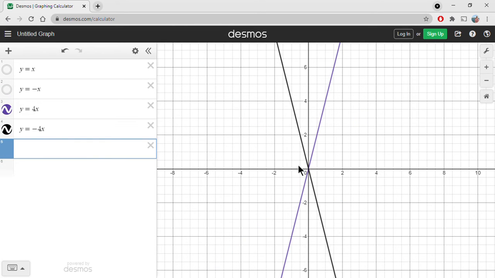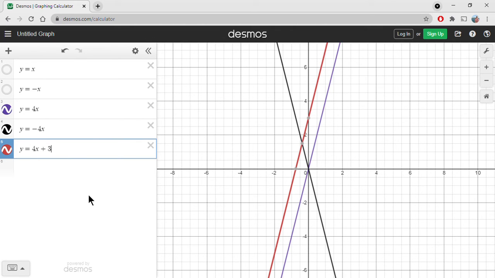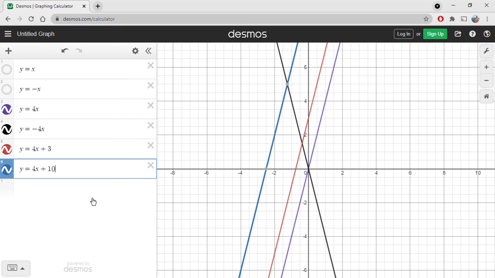Let's say we wanted to take this black line and raise it up a bit. So this is another common pattern that you should be emphasizing with your students throughout 7th grade, 8th grade, and throughout high school as well. The way to raise up any function would be to simply tack on a number there at the end. Okay, so let's do a few of them. Just at the very end, when it's in y equals form, you just throw on a number. Plus 10 is going to move it up 10, and then we can